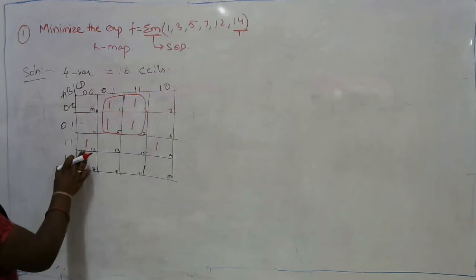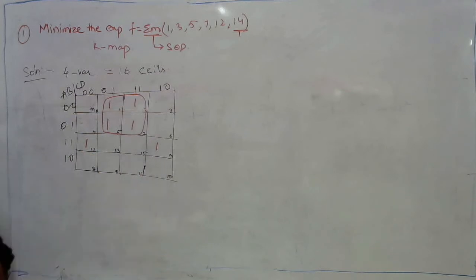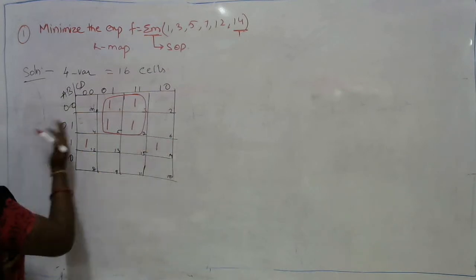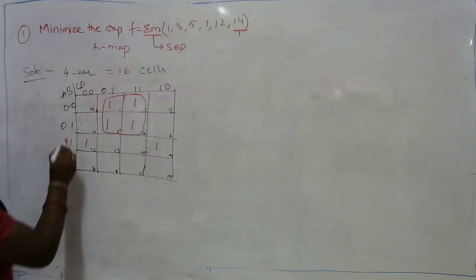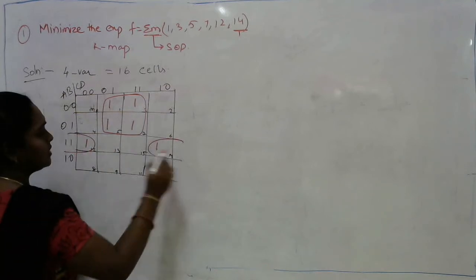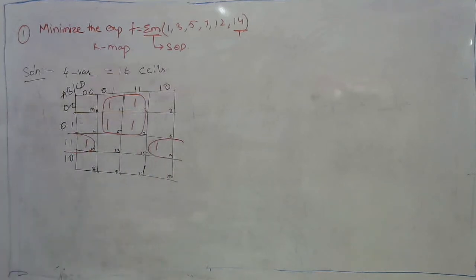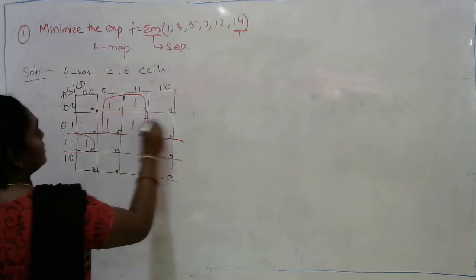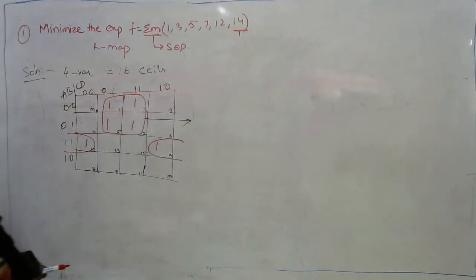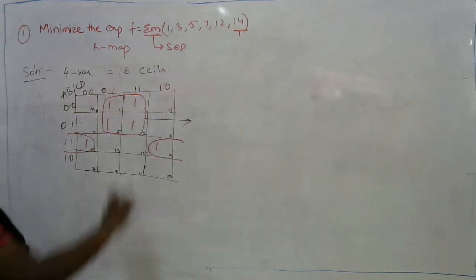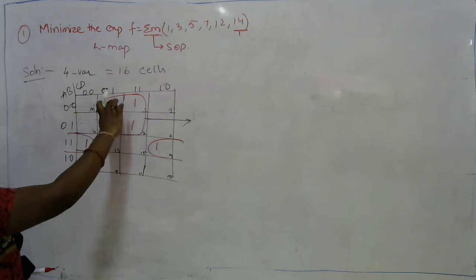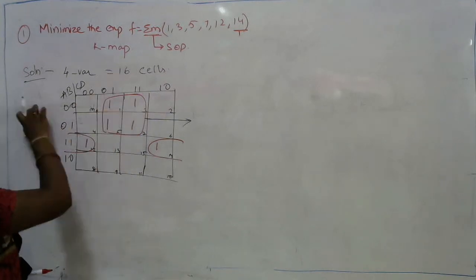Similarly, minterm 12 is left over as well as 14 is left over. If I combine these two, as 14 is adjacent to 12, I can make these two one adjacency, which is nothing but combining two cells, called an adjacency. Then we need to write down the expressions for this quad as well as the adjacency. So if I want to write down the expression for the quad, as the quad is present in 2 rows and 2 columns, first check for the 2 rows.